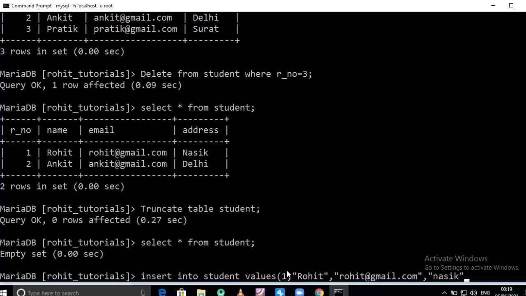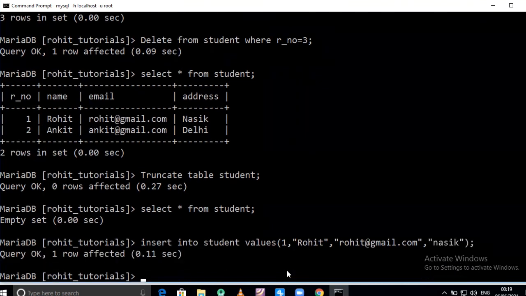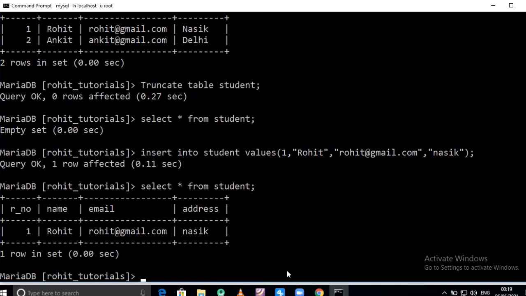Bracket close, semicolon, press enter. Query OK, one row affected. I can give the command select star from student.